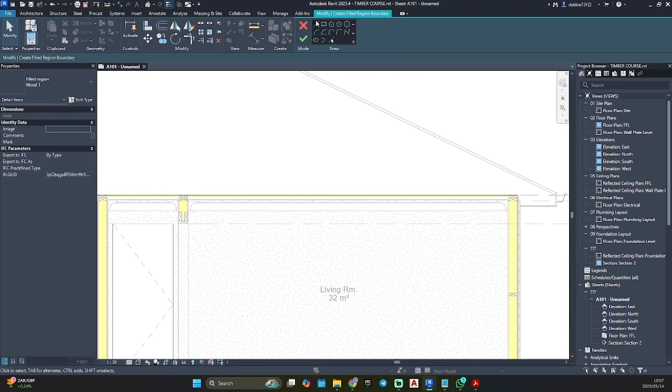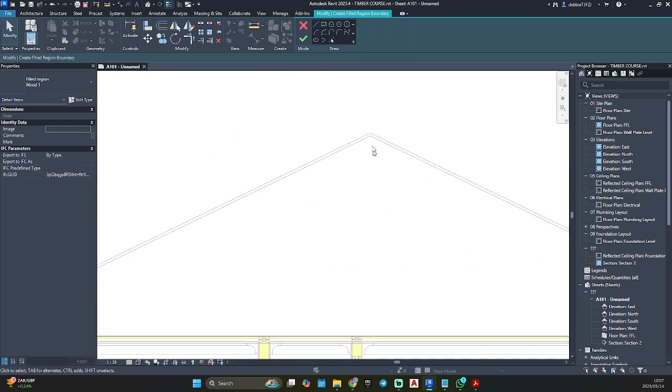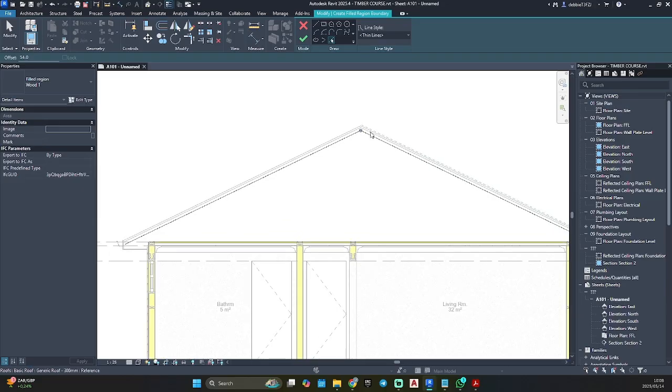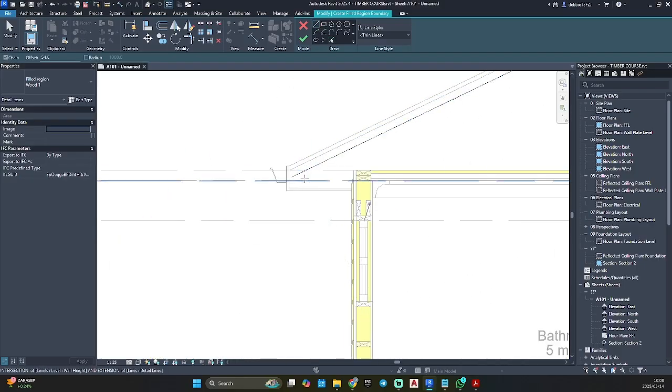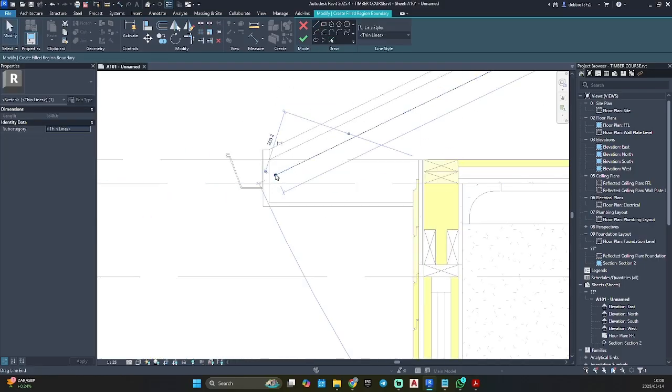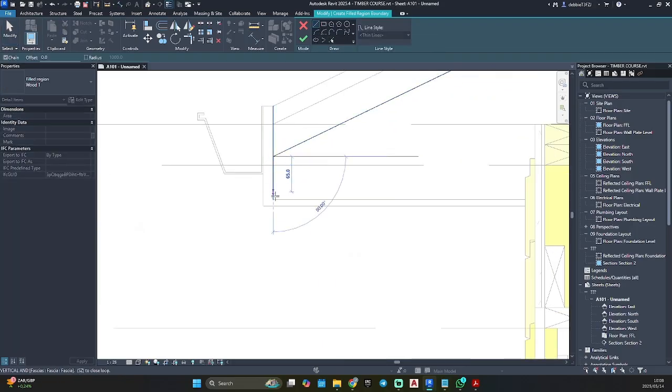Now my brain doesn't want to draw in a truss. 54 offset, to leave a little gap. Okay, you need to go there. 75. Okay, we can do that.